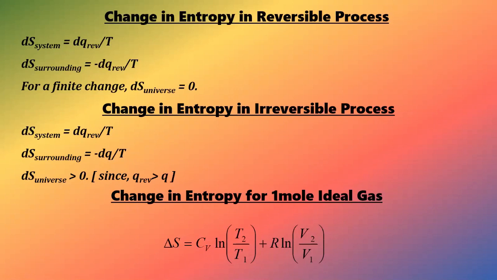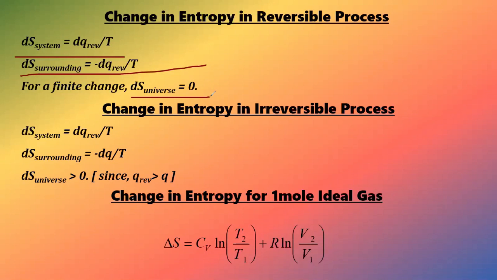Okay, now, as you know that for each of these cases we need to see what happens in system, what happens in surrounding. So dS system is equal to dq reversible by T, dS surrounding is also dq reversible by T, but you see dS universe is equal to 0. Why? Because system is plus dq reversible by T and surrounding is minus dq reversible by T. So on adding the system plus surrounding, we are getting universe. This universe is nothing but 0. Okay, there is a story in Bengali, shunno shudu shunno noy. It's just like that, 0. Everything is there, but the result is 0.